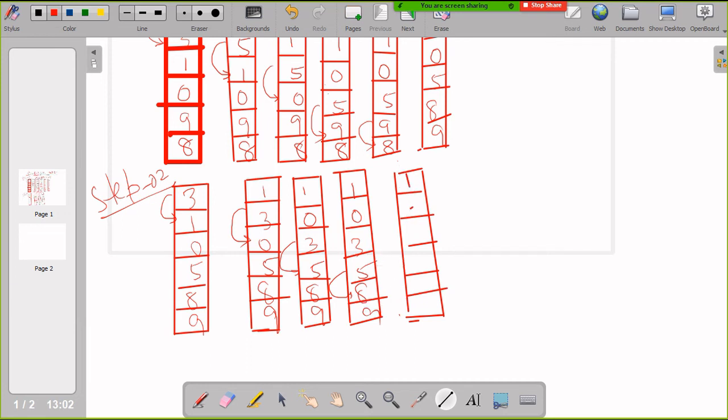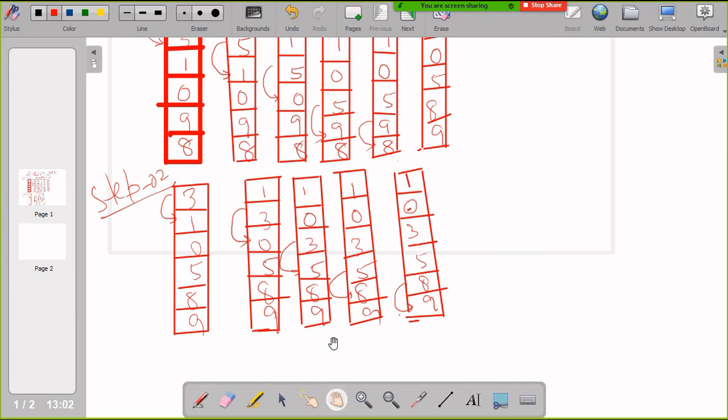So it will be 1, 0, 3, then 5, then 8, then 9. Then there is a comparison between 8 and 9, so it will remain as it is.